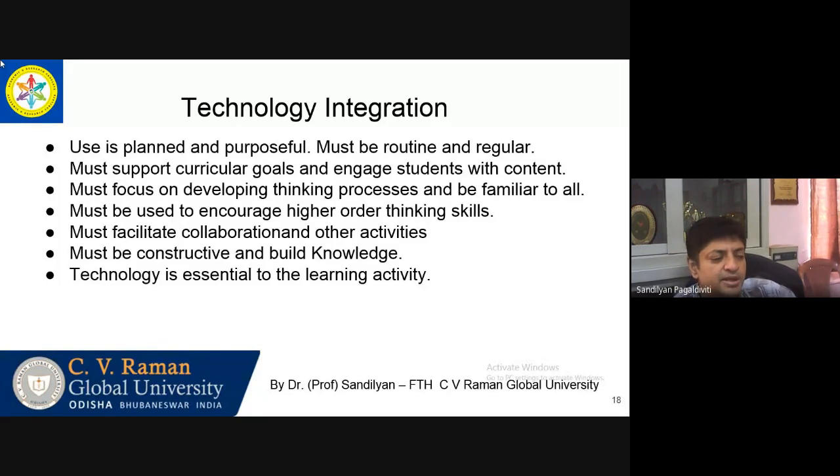It cannot be that I will use a video or an information technology system only once in the entire semester. All your sessions must have a mix of different kinds of learning methodologies, and it must be relevant to the